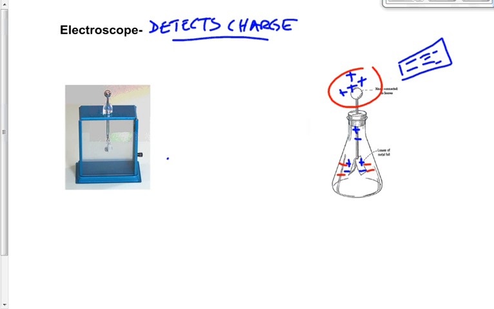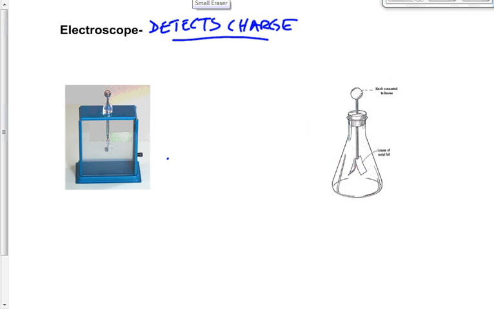The leaves that were neutral have now become what? Negative and negative. What happens to these two leaves now? They repel each other and they push each other apart. So the leaves now spread apart. If the leaves spread apart, that tells you that charge must have been present in this object that was doing the charging. Now, if we switch that object to a positive object,